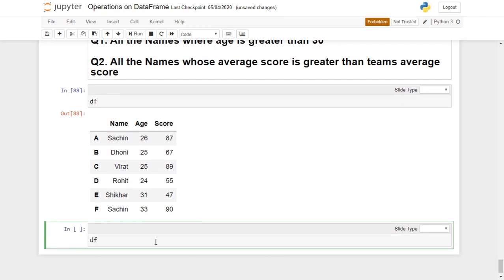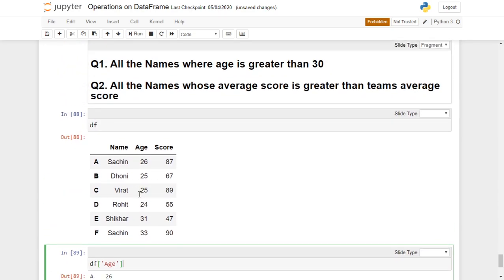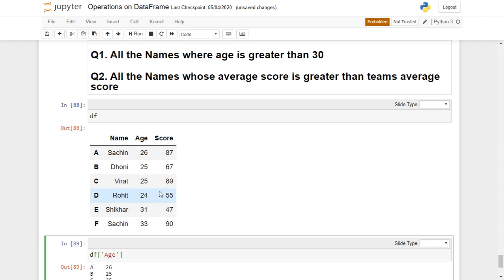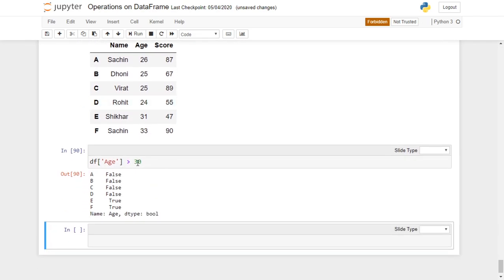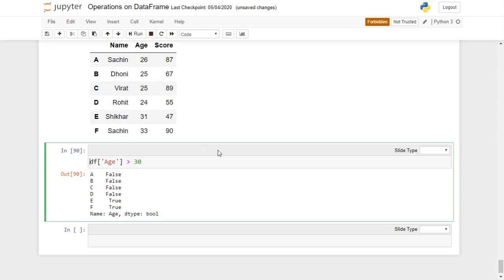To find the age, I will first find the column age. So this will give me the age. If I want all the ages which are greater than 30, I will give age is greater than 30. So it will give me true and false. Where the age is greater than 30 it will give me true, and for all the other rows it will give false. What happens if I give df, then